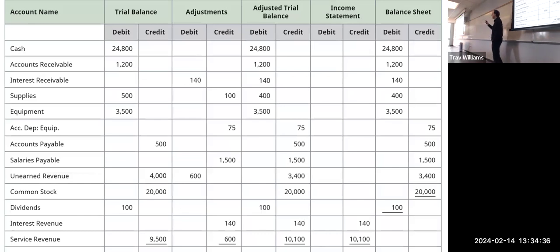Now, here's where it is different though. On the balance sheet, you're not going to find revenue and expenses. You're not going to find dividends. Well, we do in this case. But where do the revenue, expenses, and dividends show up on the balance sheet? They show up through retained earnings.